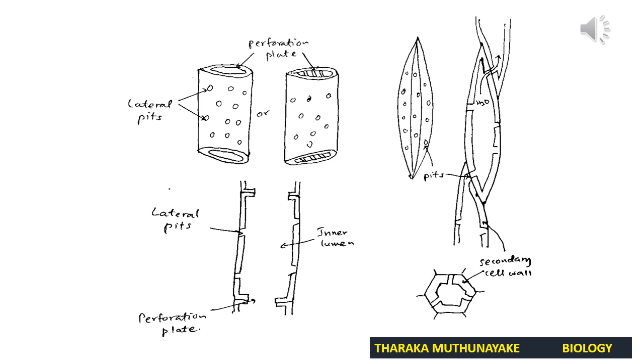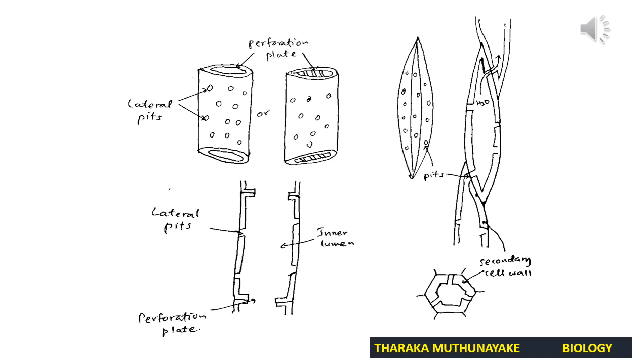These diagrams represent vessel elements and tracheids. On your left hand side, it has vessel elements. On your right hand side, it has tracheids. You can use this diagram to recall the differences, and also you can identify adaptations for efficient conducting of water found in vessel elements as well as in tracheids. As we mentioned earlier, you can observe in this diagram clearly, vessel elements are comparatively wider but shorter and have thinner cell walls than tracheids. Tracheids are longer, narrow, with thicker secondary cell walls.